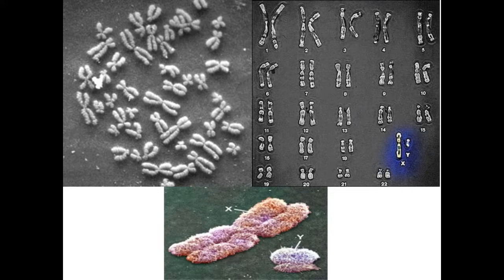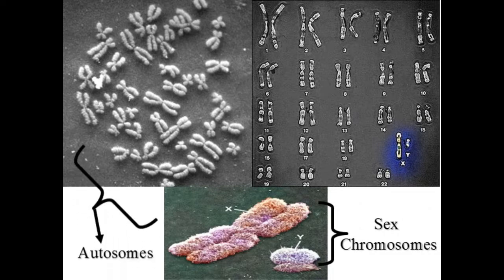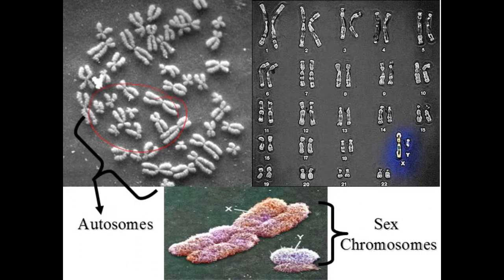And again, you've seen this picture before showing you the sex chromosomes. You recall that the non-sex chromosomes are called autosomes. So these here on the top left are the autosomes, whereas here is the sex chromosomes, the 23rd pair. This would be a male in this case because it's XY. If it was a female, you'd see 2 long X's. And again, remember the Y chromosome has less DNA than the X chromosome. You can see that in the little image here. There's much more DNA coiled up here, here, here, and here on the regular X chromosome than there is on the